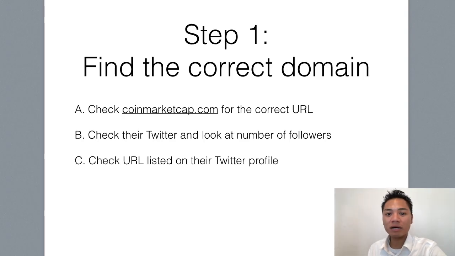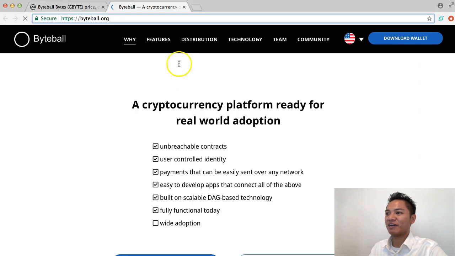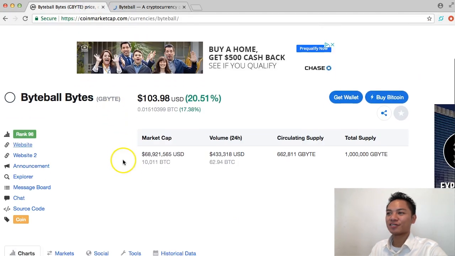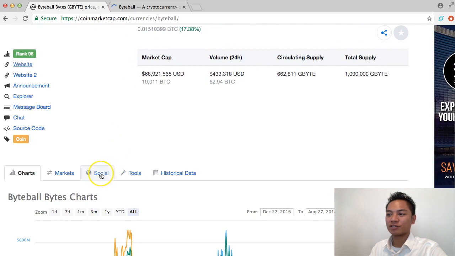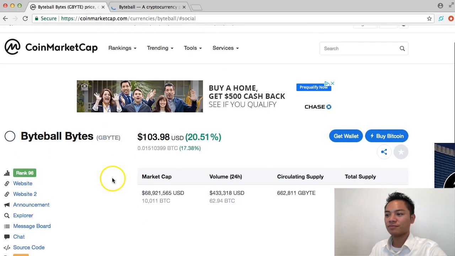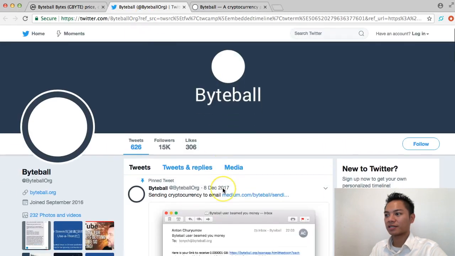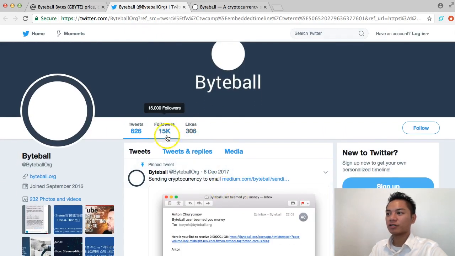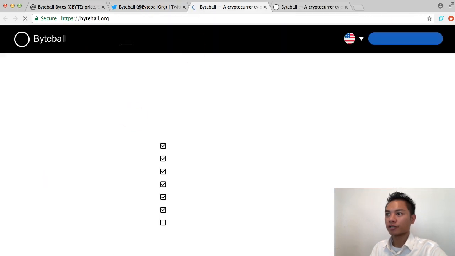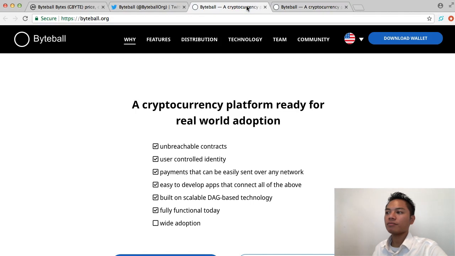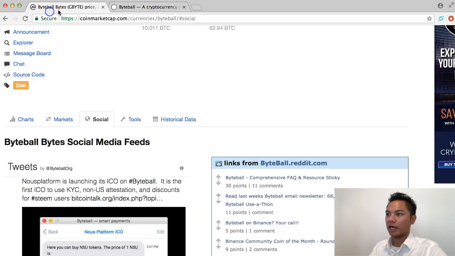And the second way you can find the website is to go on their Twitter, so I'll show you how I do that. I'm gonna go to CoinMarketCap here and scroll down to social here and click social, and I'll scroll down again, and this link right here, byteball.org, is the Twitter profile, so I'll click that and take notice of how many followers they have, which is 15,000, and the link that they're promoting is byteball.org, which is the same website. So great, this is the website. I'll exit out of here and Twitter and CoinMarketCap,